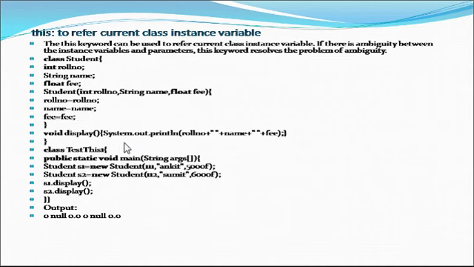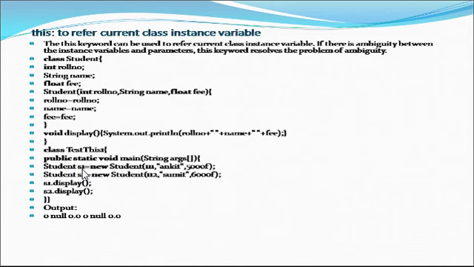This example is without the this keyword. Okay, and here we take a method. That method name is display, which is used to display the values of your fields: roll number, name, and fees. There is one more class that holds the main method of your Java program, public static void main, and this class creates an instance of your Student class.